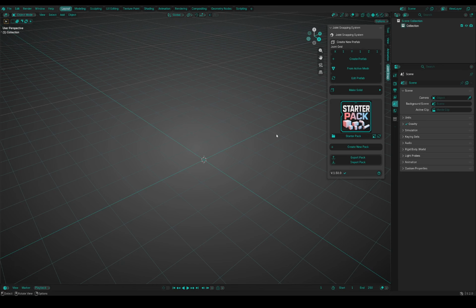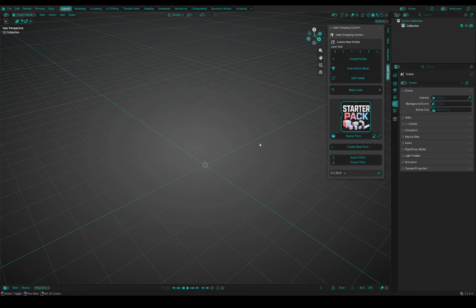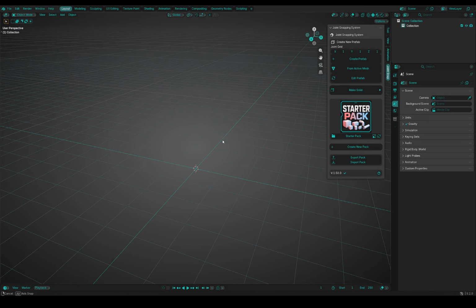Hello everyone and welcome to the Joint Snapping System version 1.50.0. This is for Blender versions 3.3 to 5.2. And in this version, we've had big performance updates